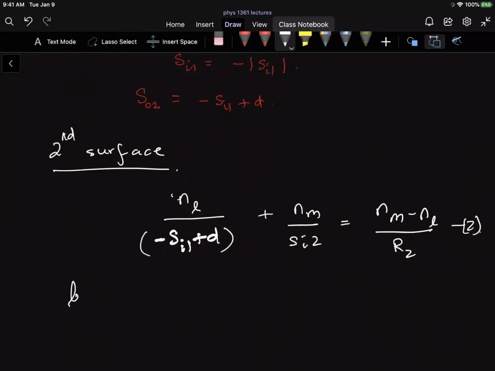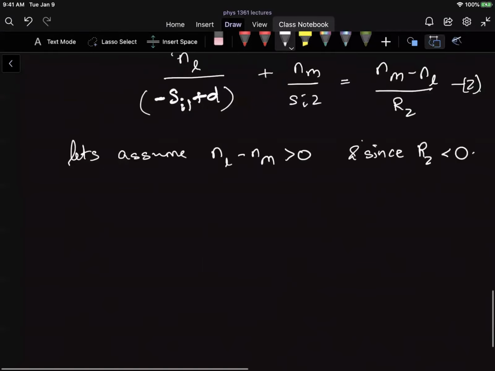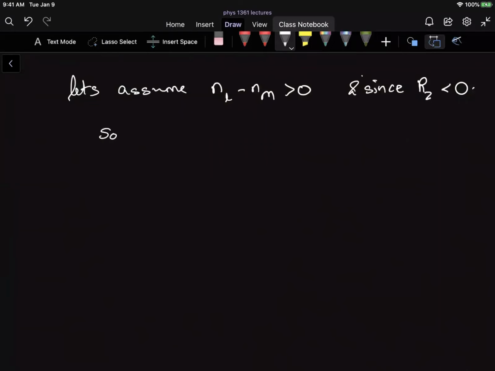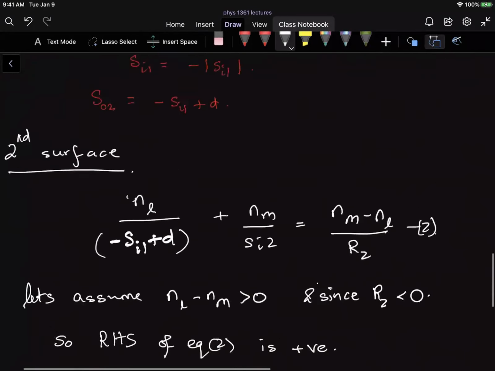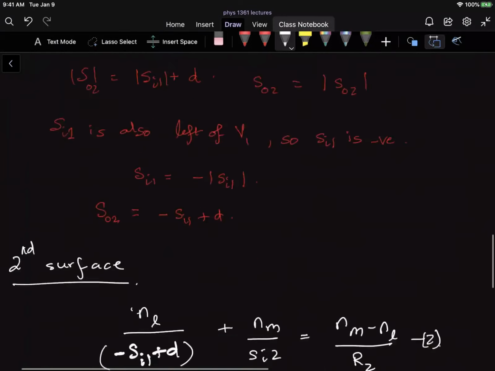And let's assume that N_L minus N_M is greater than 0. And since R2 is less than 0, because C2, remember I told you at the very beginning, C2 is to the left of the vertex V2, the RHS of equation 2 is positive. Okay, and so we can add equation 1 and 2. To remind you, there's equation 1, here's equation 2,